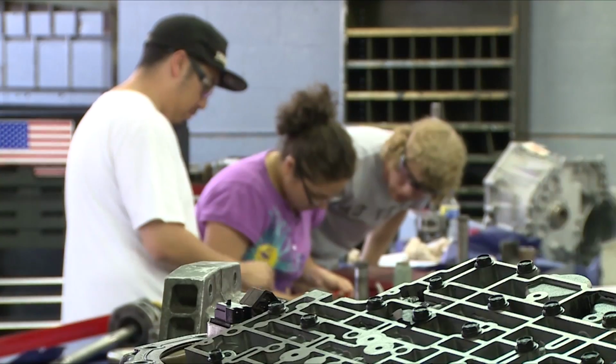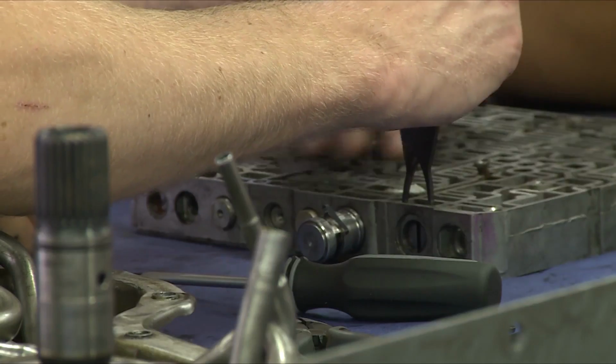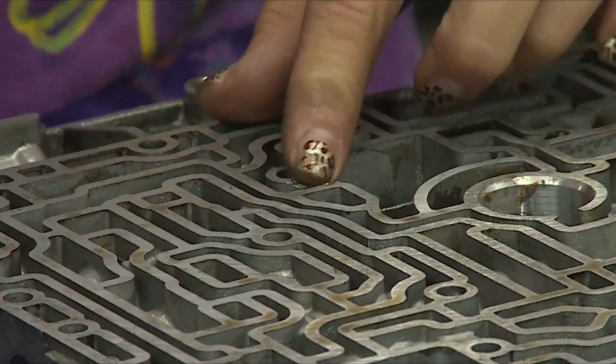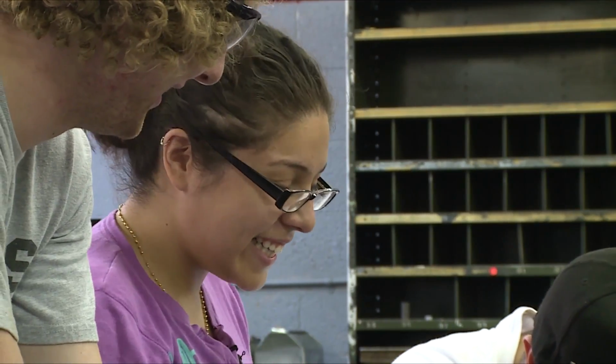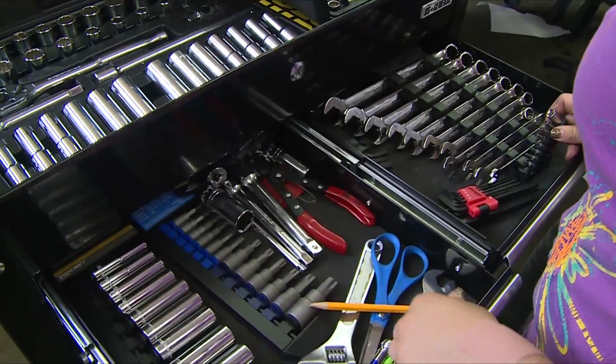But after her dad had a leak in his radiator, "Oh, well, Dad, we had done this in class. That was our first class that we took, and I was like, I can go ahead and take out the radiator." Dad was about to take it to a mechanic, but instead, "I did it myself, and I saved my parents money." Ariana even has a job at a shop, Automotive,